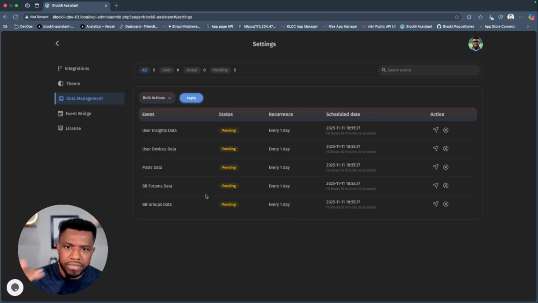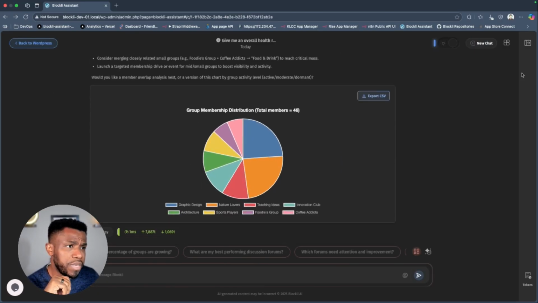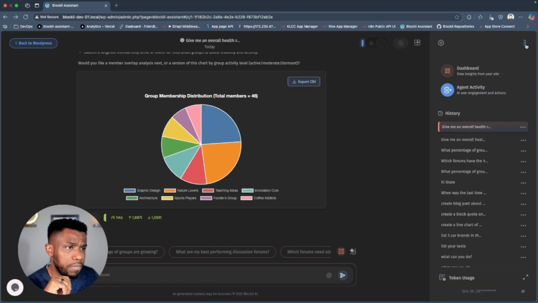Now, that's about data. Now we're gonna go over to what we call the Blockli event bridge. So if we come here and then we go to here, now